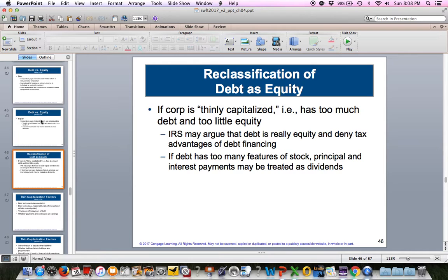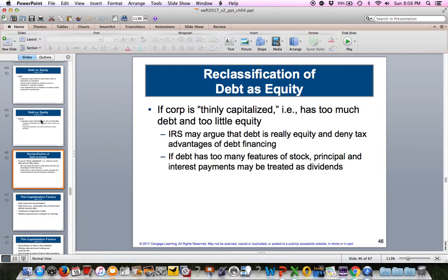Reclassification of debt as equity. If a corporation is very thinly capitalized, it has too much debt and too little equity, the IRS may argue that debt is really equity and deny tax advantages for debt financing. If debt has too many features of a stock, principal and interest payments may be treated as dividends. So just some rules to think about